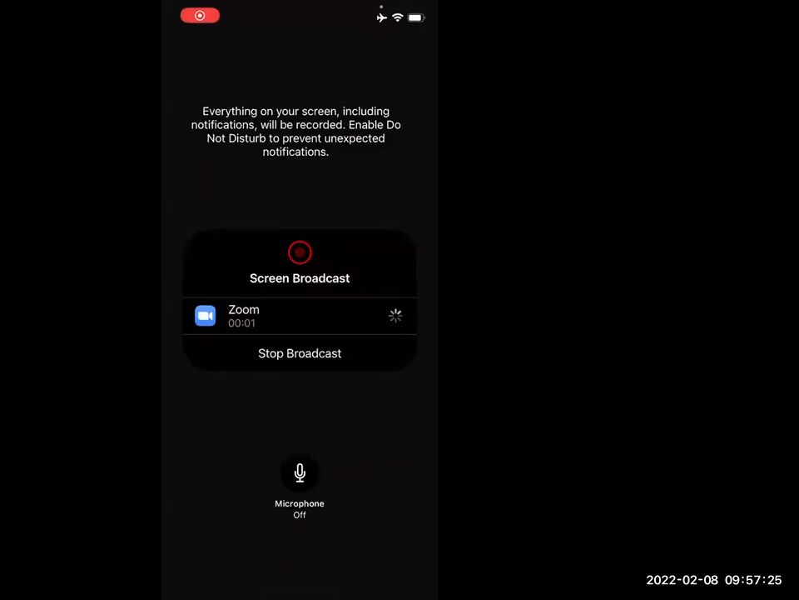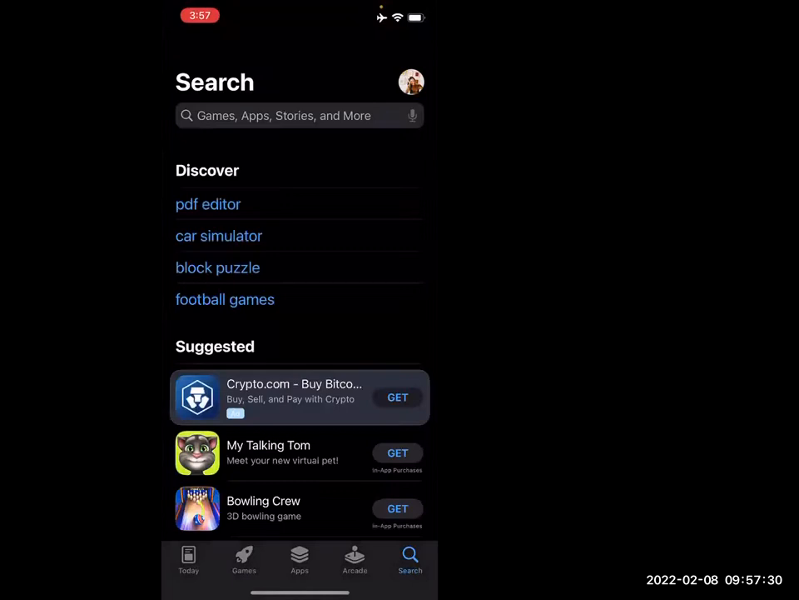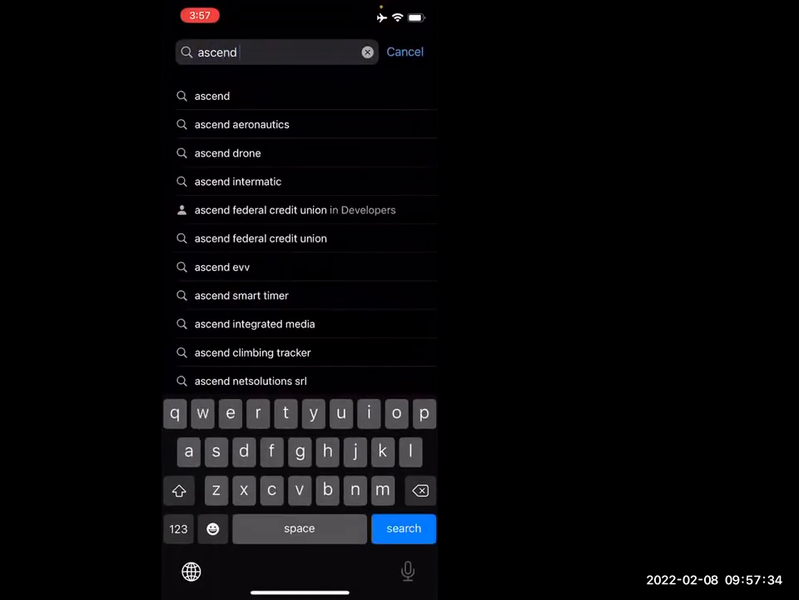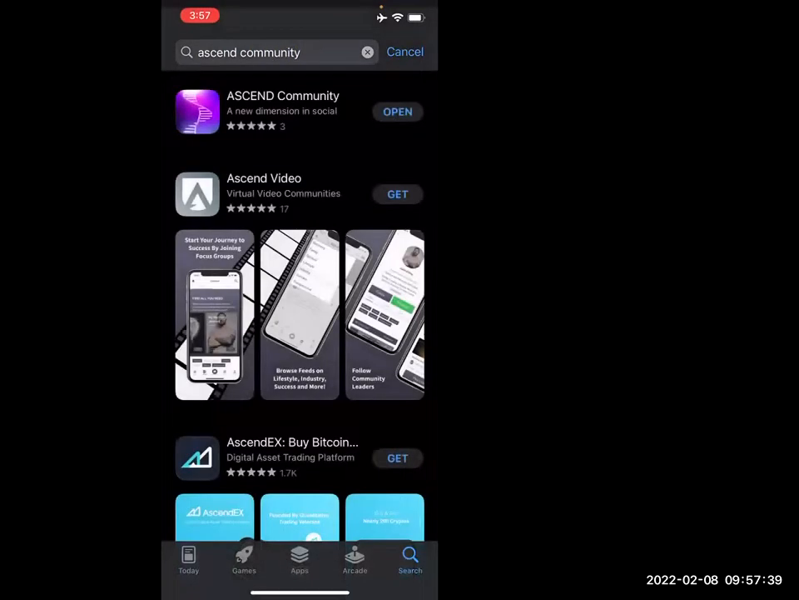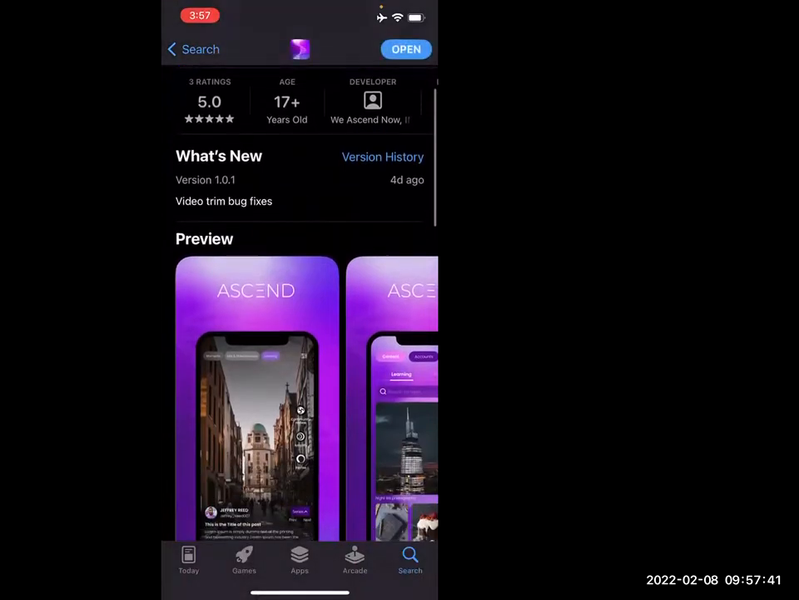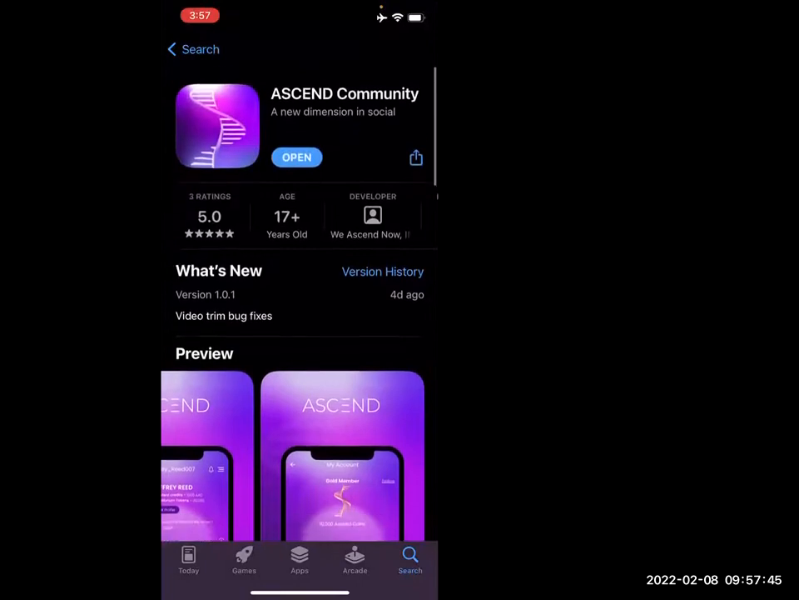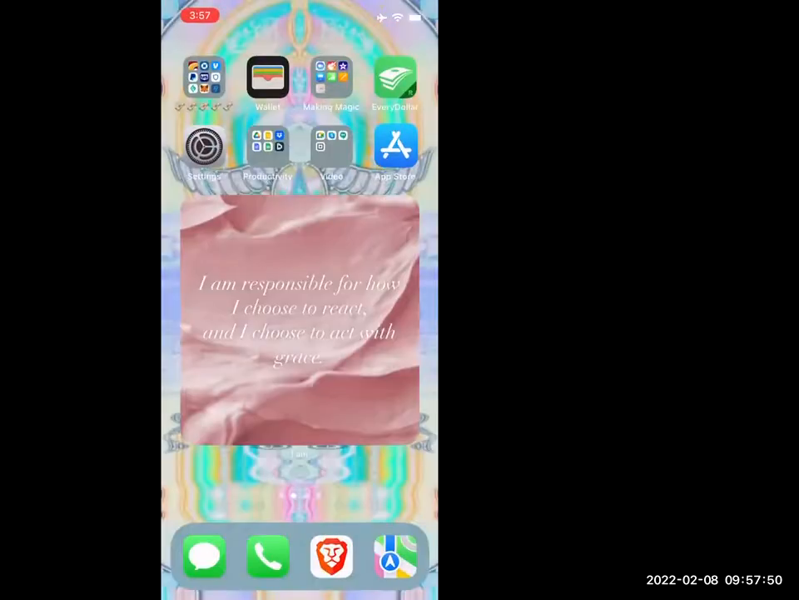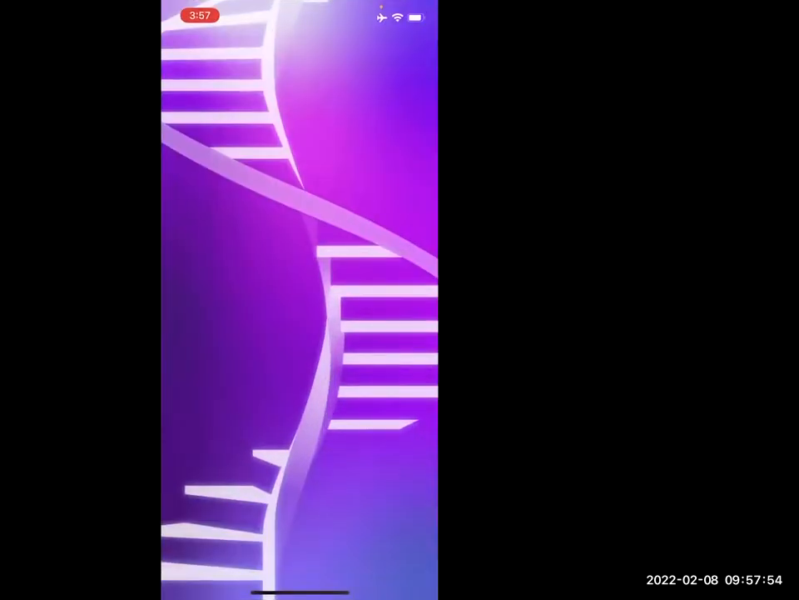So I'm just going to share my screen. All right, awesome. So first thing we want to do is go to the App Store. You can go to the Apple App Store or the Google Play Store, and you want to look for Ascend Community. And then you see the purple DNA ascending spiral staircase. There's our awesome app, and you want to download and then open. When it downloads, it'll show up on your home screen on your phone. Click on the app icon,